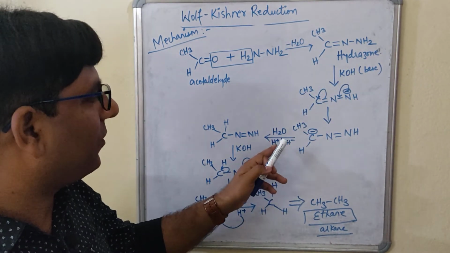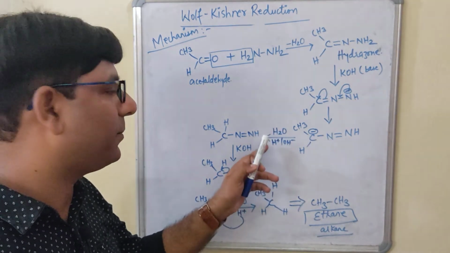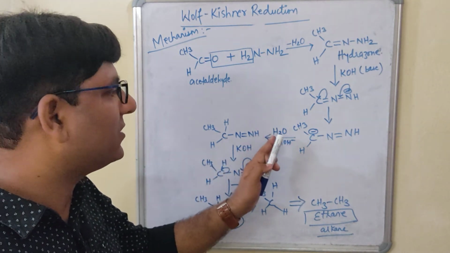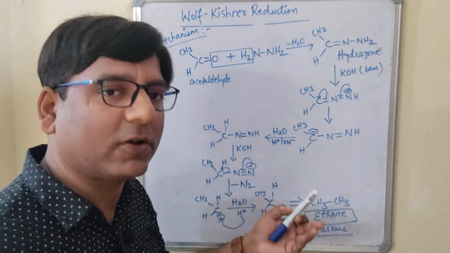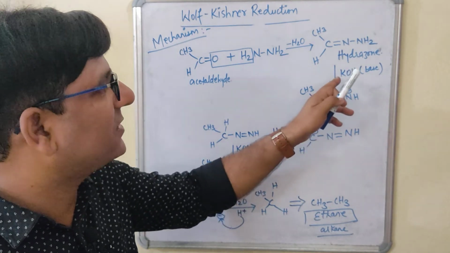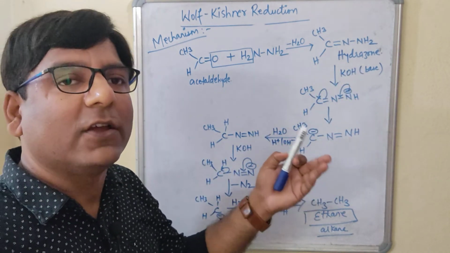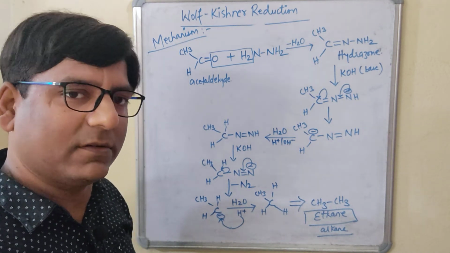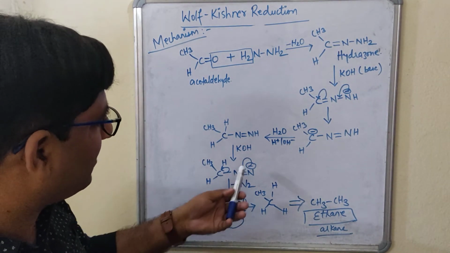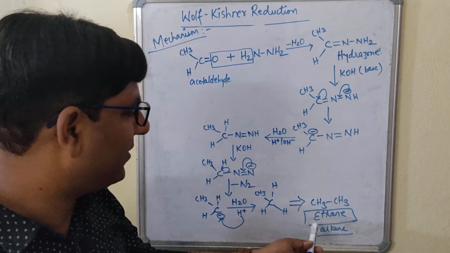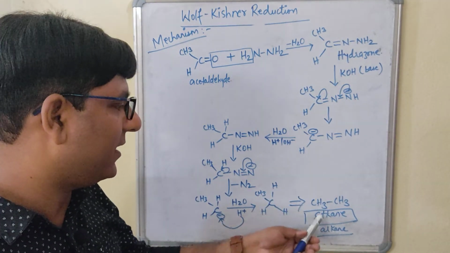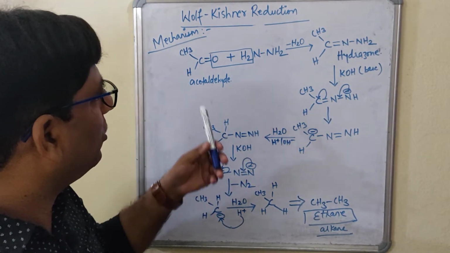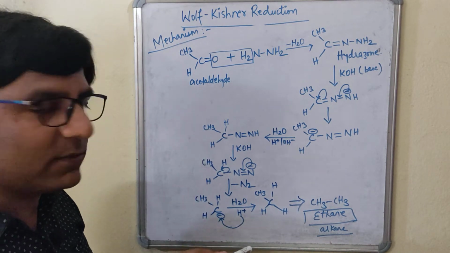And there we are using the water molecule, and this water molecule is providing the proton. For protonation purpose, we are using the water molecule. Wherever you have used the water molecule, you are adding the proton, right? And wherever you have used this KOH, what you are doing? You are abstracting the acidic hydrogen, right? So this is how the reaction goes, okay? And finally, we came with this product, that is the alkane ethane, what we have seen in the reaction. So I hope you have understood all this reaction mechanism also.